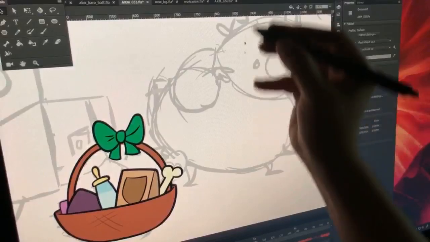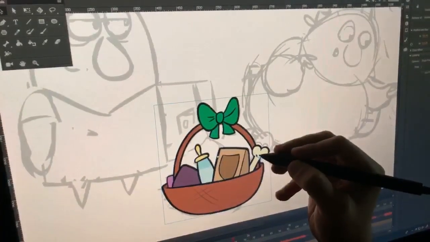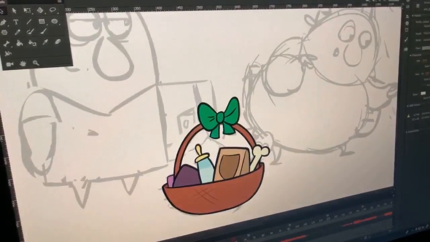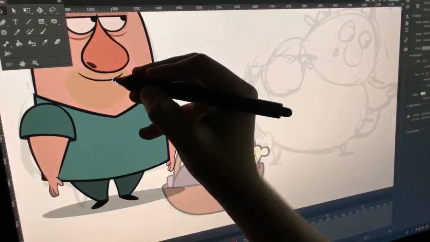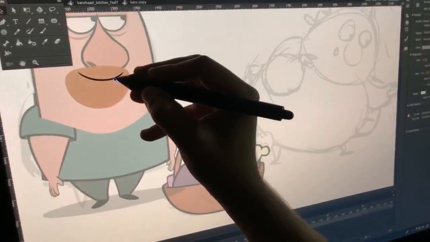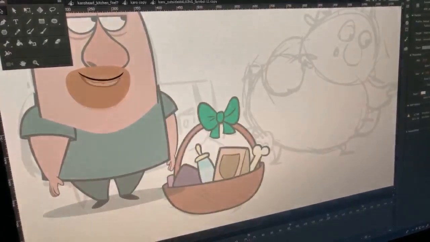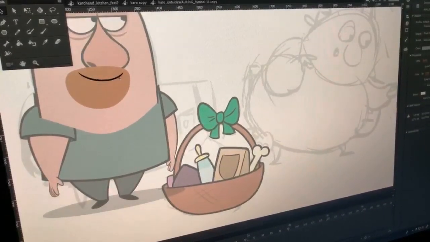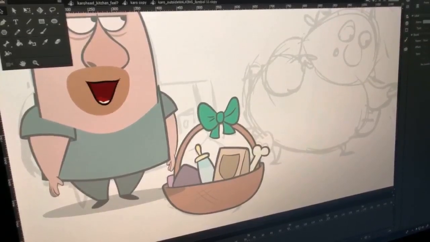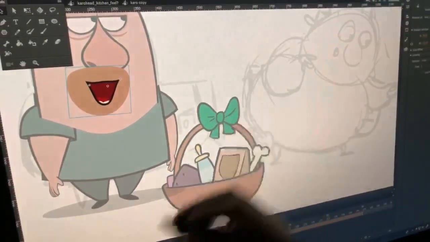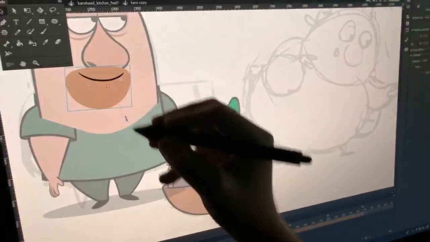So for example, like Karo's mouth. Inside the symbol, he has a bunch of mouth shapes. Each mouth is on a frame. So this is frame 1, 2, 3, 4, 5, 6, 7, 8, 9, whatever. Now when I go outside of that symbol, this is set right now on loop.